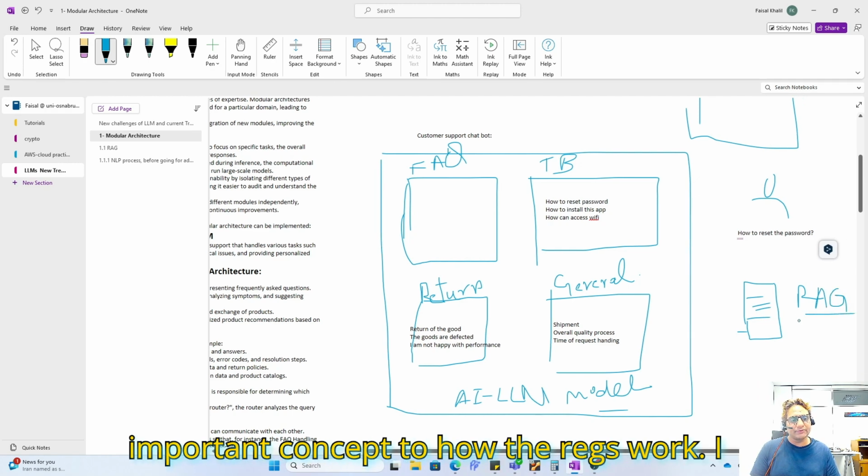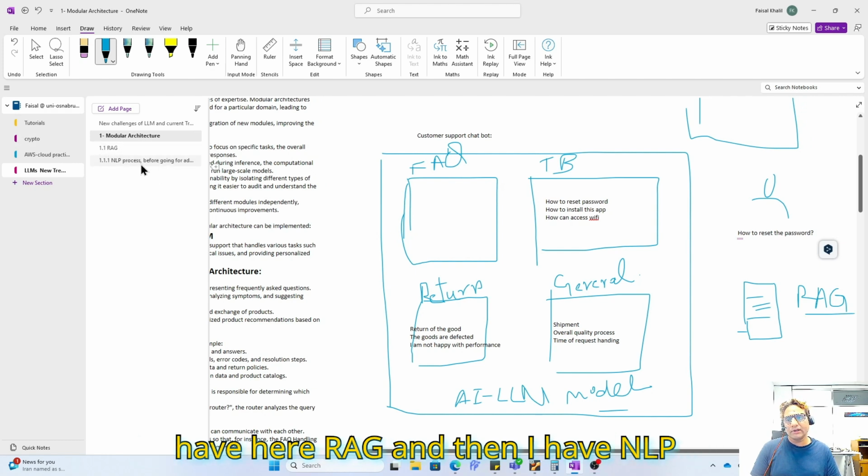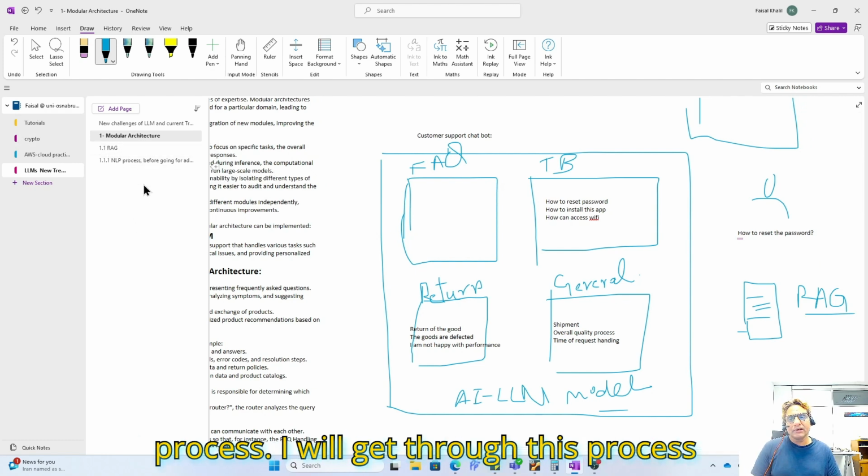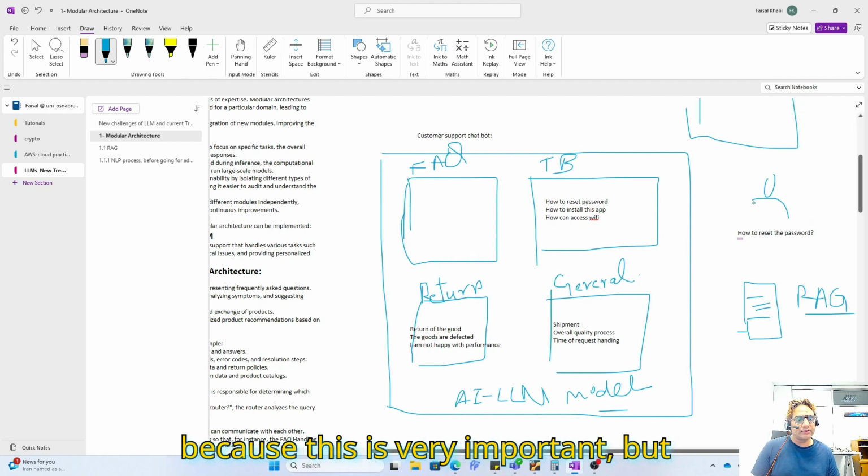This is a very important concept too, how the RAGs work. I have here RAG and then I have the NLP process. I will get through this process because this is very important.